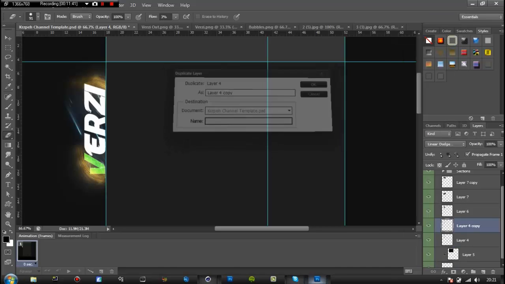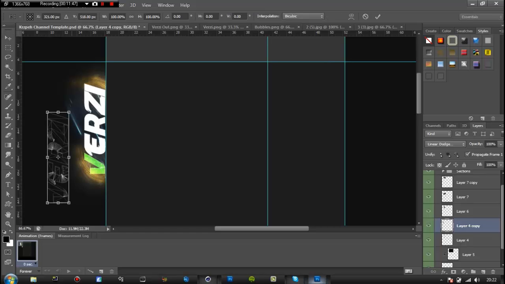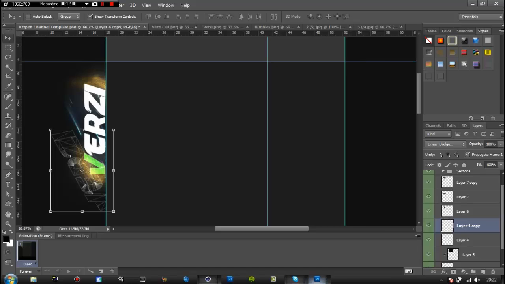So you want to duplicate the edge effect and drag it out. It will still be on the text if you duplicated it. And what you want to do, just rotate it sort of that way. Yeah, there's a rotate. Rotate it that way, come down, and put it under all of the little layers,